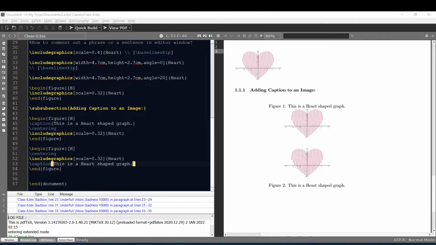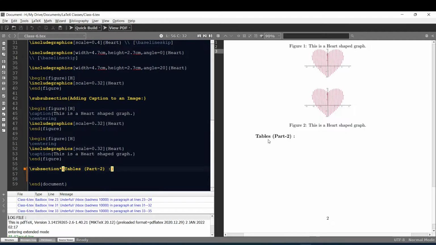Moving on, before I name a few routinely used packages and their functions briefly, I am going to create an unnumbered subsection named tables part 2. Okay, our unnumbered subsection named tables part 2 is created now. If you remember, in our class 4 video we discussed tables part 1. There, we created a simple table manually consisting of 2 rows and 6 centered justified columns. In that class, we also learned about using the rstress command in the tables environment to alter cell sizes of a table, in addition to using the float package, and also added a caption at the bottom of the table.